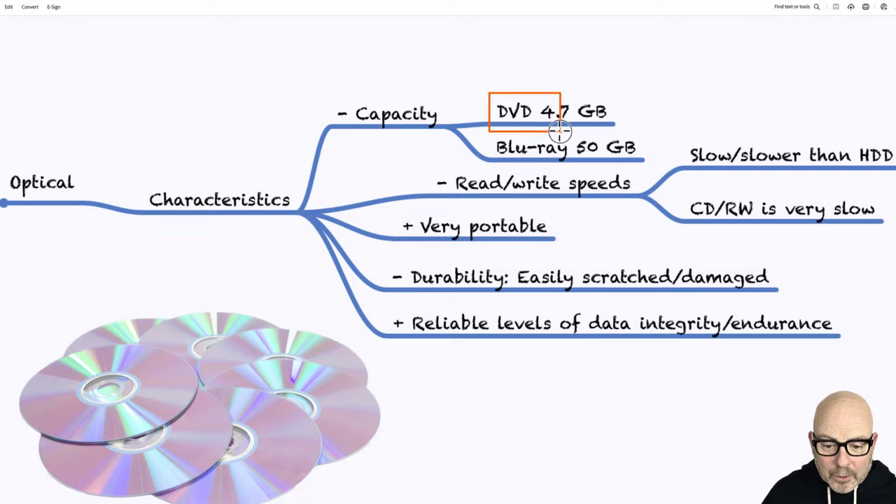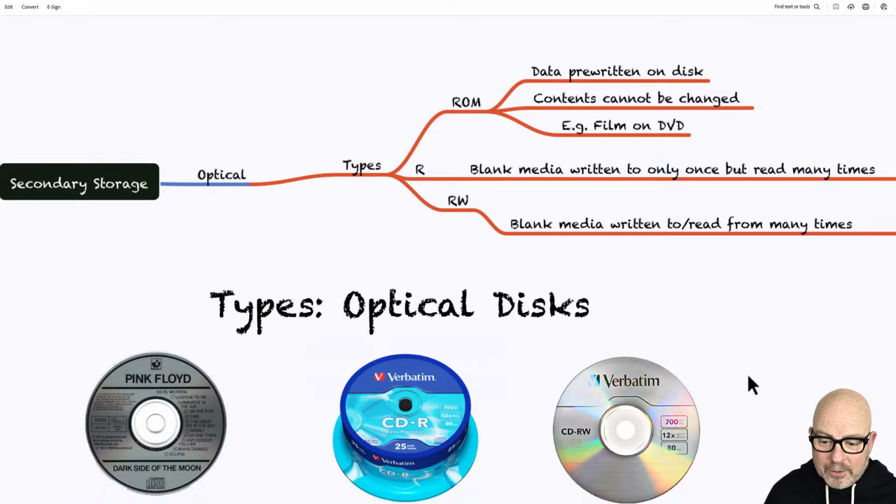Surprising how much they can hold. A DVD, 4.7 gig, often enough for a film. A Blu-ray, enough for a film in sort of Ultra HD. So it's good to know how much you can actually store on one of these. And about 170 meg for a CD. So that is the amount of data you could reasonably expect to put onto